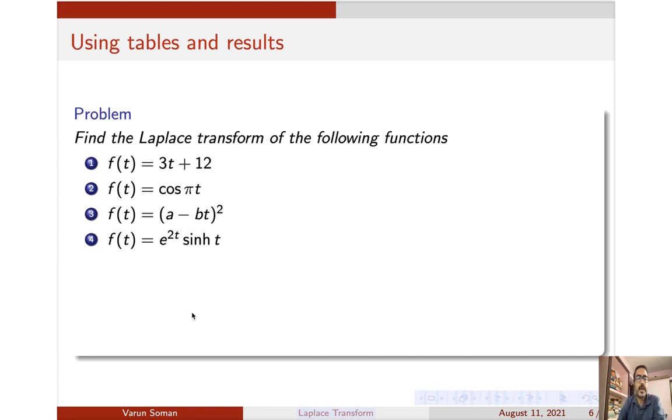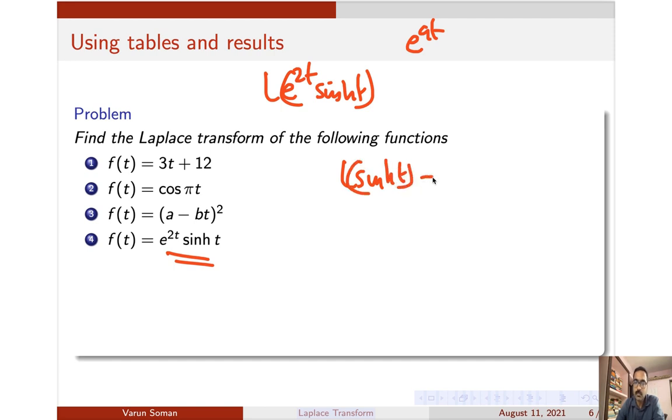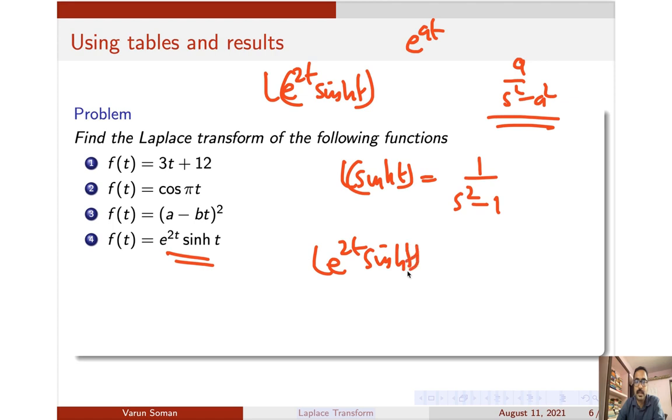Okay, so moving on. Can you tell me how will you do this one? e raised to 2t into sin t. I need to find L of e raised to 2t into sin t. This is of the form in which the shifting theorem is applied, where e raised to at has a equal to 2. First I will find L of sin t. Now look at the table. What is L of sin t? It is simply 1 by s square plus 1. Because L of sin at is a by s square plus a square, using that approach, your a here is 1, so it is 1 by s square plus 1. When it is L of e raised to 2t times sin t, your s will be replaced by s minus a. So here it will be 1 by (s minus 2) the whole square plus 1.